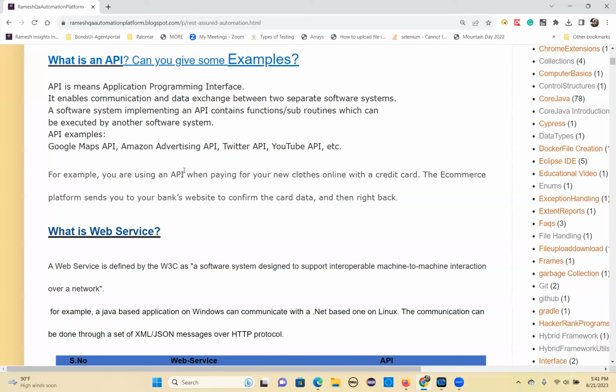You don't need to touch other services. You don't need to test other services if you make changes here. That's the advantage with this microservice concept. That's why the microservice concept is very popular nowadays. When these microservices came, API popularity increased. The main advantage of microservices is that you can independently deploy the code and test the code, and you don't need to test other modules, other microservices,